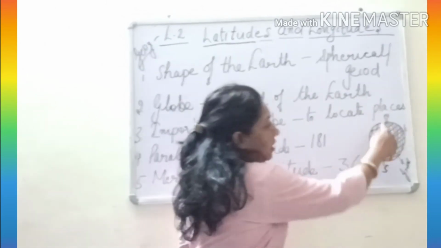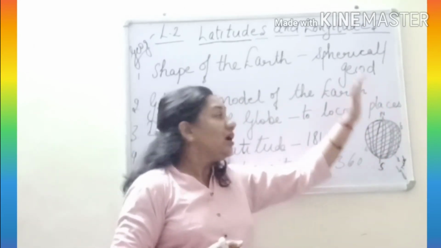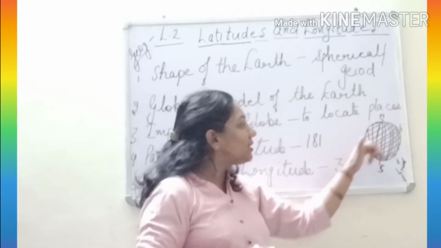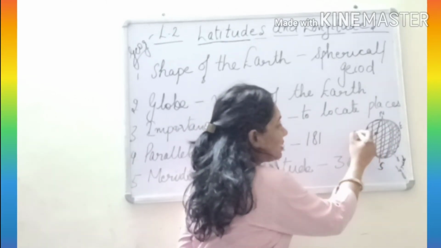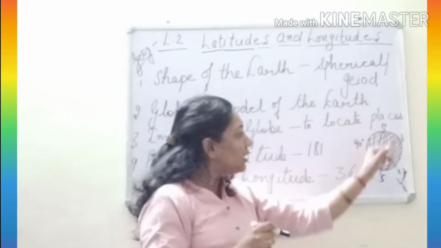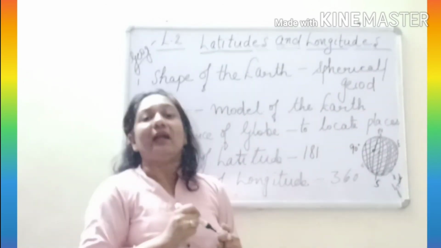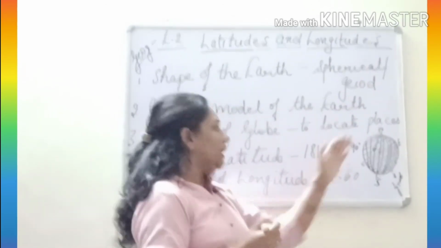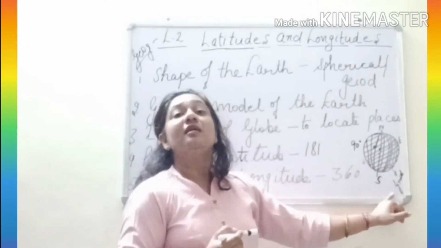And this grid, what is it called? This network of lines which are just intersecting one another at right angle. And what is the degree of right angle? It is 90 degrees. So you can see that they all intersect at some point at an angle, and it is always 90 degrees. And so this network of imaginary lines, it is known as grid.